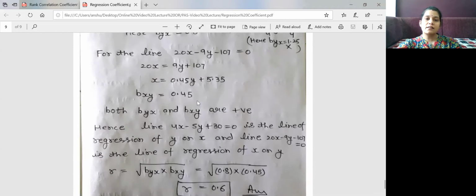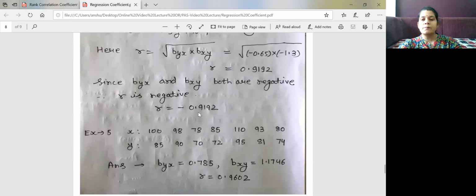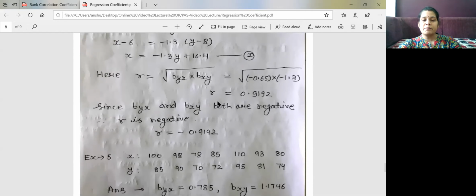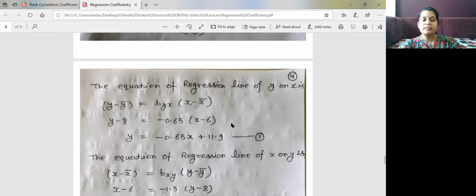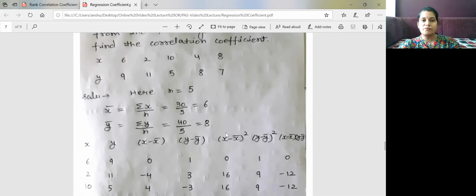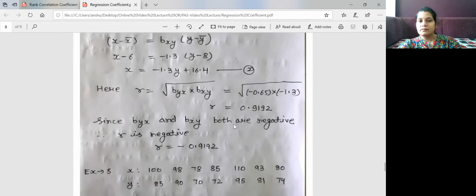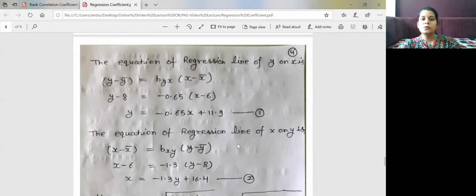So these are some important examples of the correlation coefficient and regression lines x on y and y on x. Always keep in mind these formulas are very important and very easy. According to these formulas, we can very easily find the values of the correlation coefficient, regression line and regression coefficient. Okay, so in our next session I will continue with rank correlation.